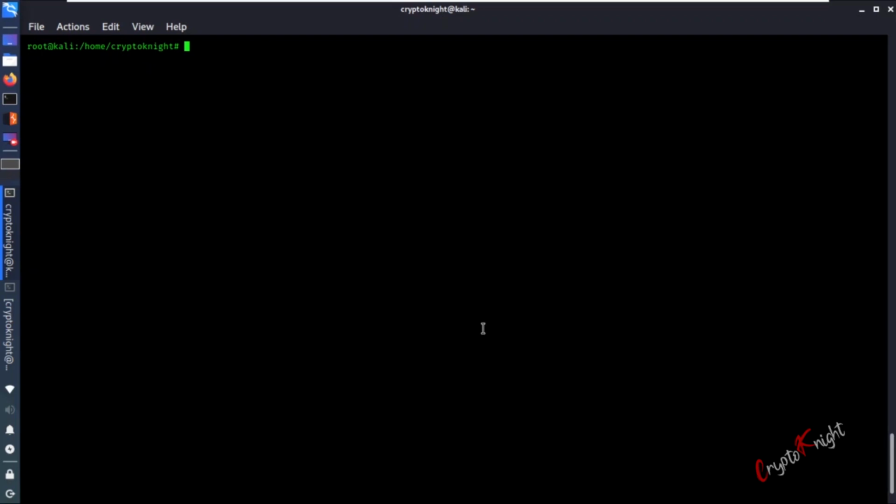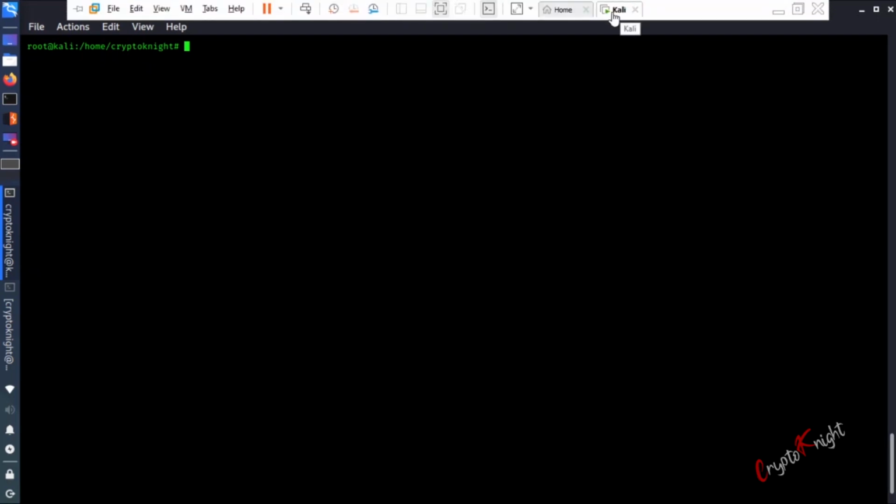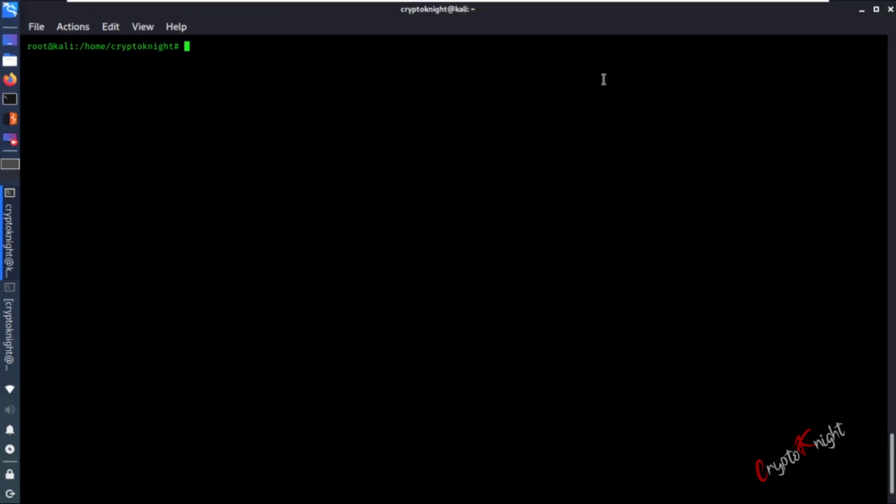Okay, one more thing, what is the setup? The current setup is that my Kali is in bridged mode, and for the victim I will be using my host machine, which is a Windows machine, because if I use another VM it would really slow down the process, and it is just a small demonstration, so I can wrap it up with the host machine only.